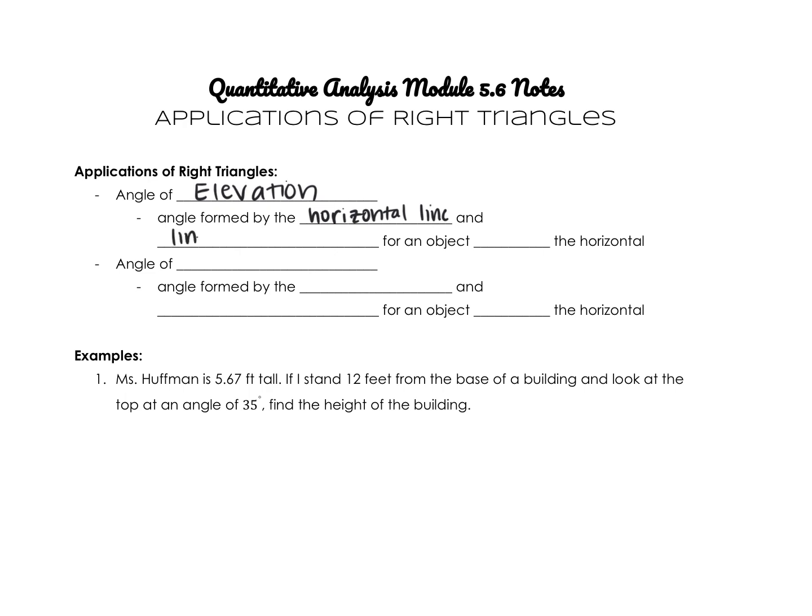and line of sight for an object above the horizontal. So if you're looking at a person, the horizontal line is when you look straight ahead. Then if you lift your head up, your line of sight, whatever angle you moved your head up is your angle of elevation. Then an angle of depression